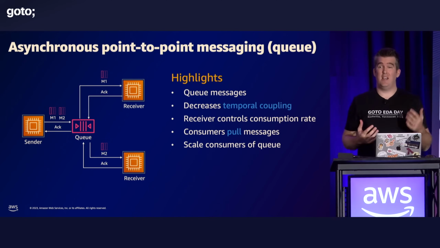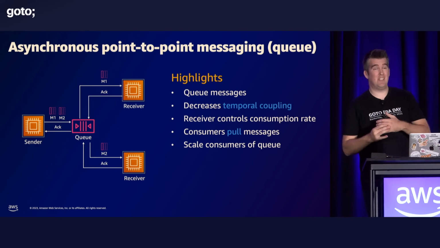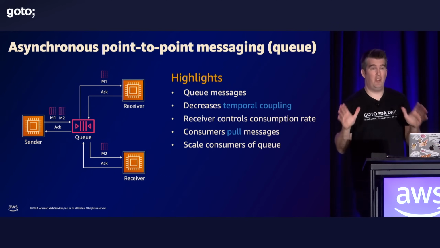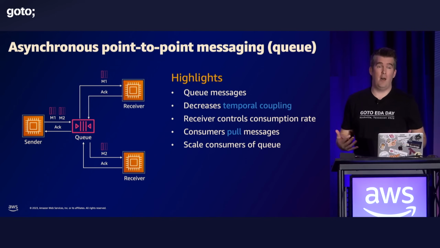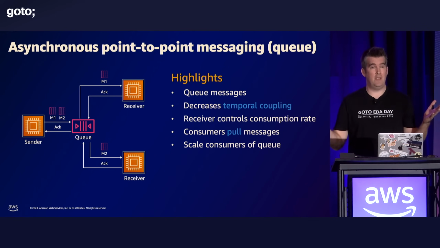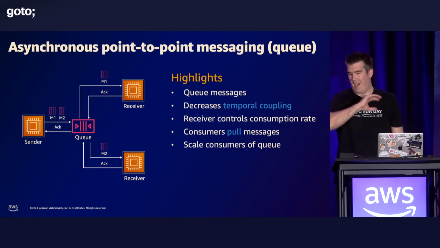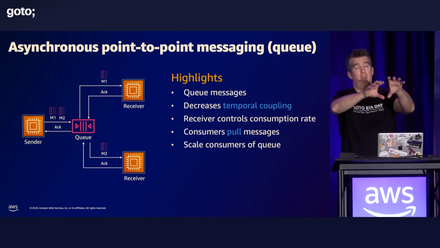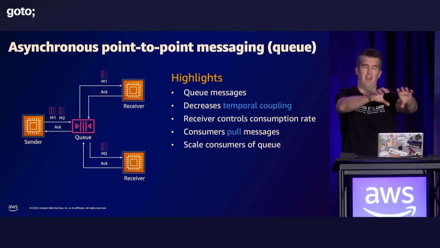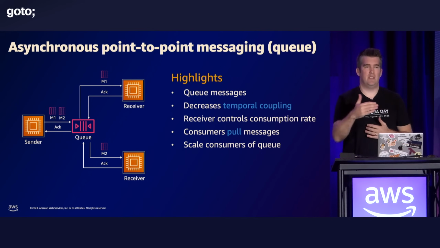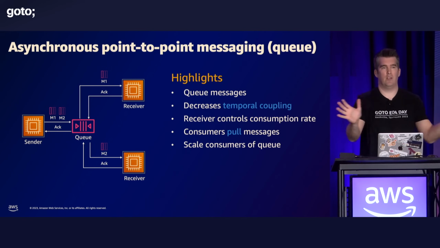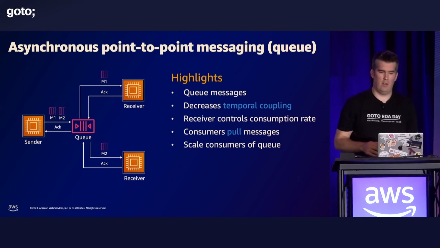The way I like to visualize this is when I go Christmas shopping with my kids, which is an absolute nightmare. I do not recommend doing that. But when I'm queuing up, and there's only one cashier for whatever reason, which happens more often than not, I'm stood there, huge queue. But then what they do, hopefully, if you're lucky enough, is they open up more cashiers to process this queue. So we start fanning out to all these different consumers. And that's exactly what's going on here.